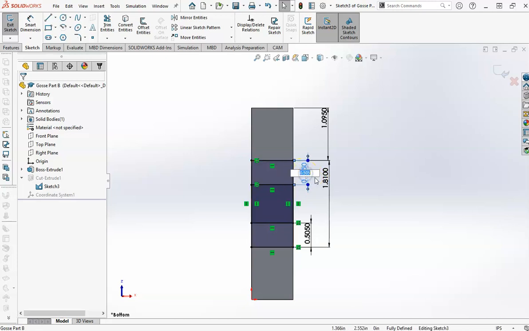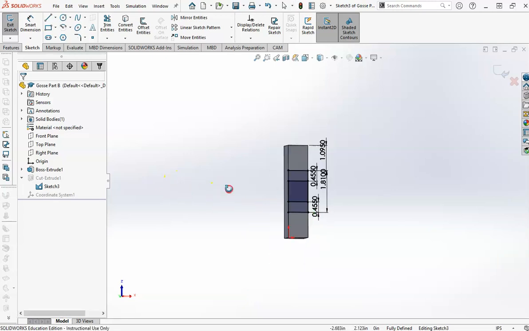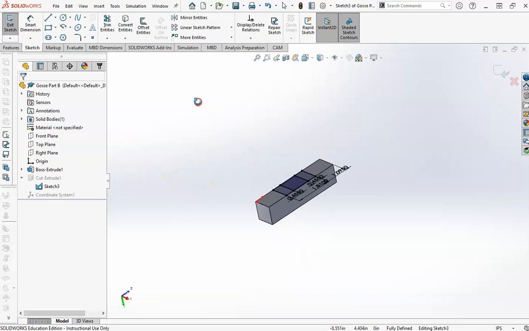So we're going to go here and say minus 0.05 and minus 0.05. All right. Hope I'm doing this right. If I am doing this right, it's all going to work out perfectly